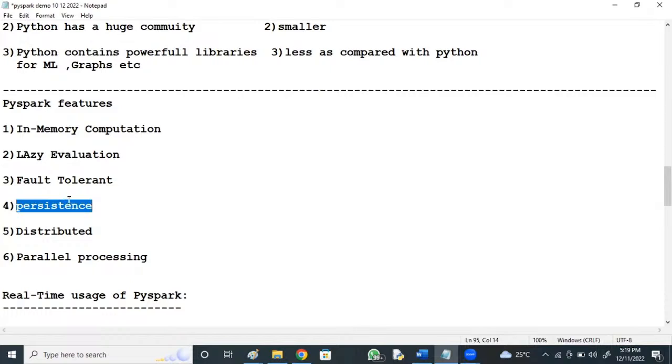Spark is distributed, right? You are going to see distributed RAM. For example, there are 10 systems, and each system has RAM capacity of 8 GB. Total RAM capacity, distributed RAM, is 80 GB, which means it can accommodate an 80 GB file. We can accommodate an 80 GB file into the RAM.